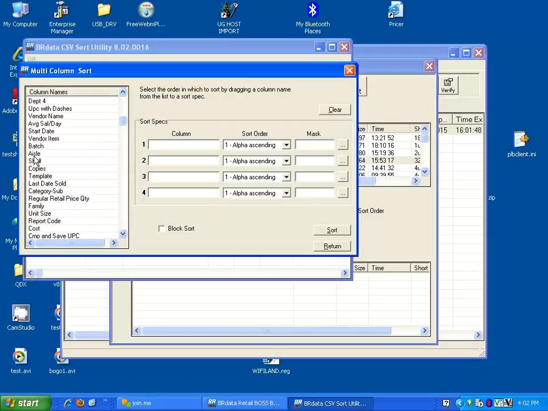Some people print by aisle and shelf location, so you could drag it in and say you want to print by the aisle, then by the shelf location. There is a field in here called